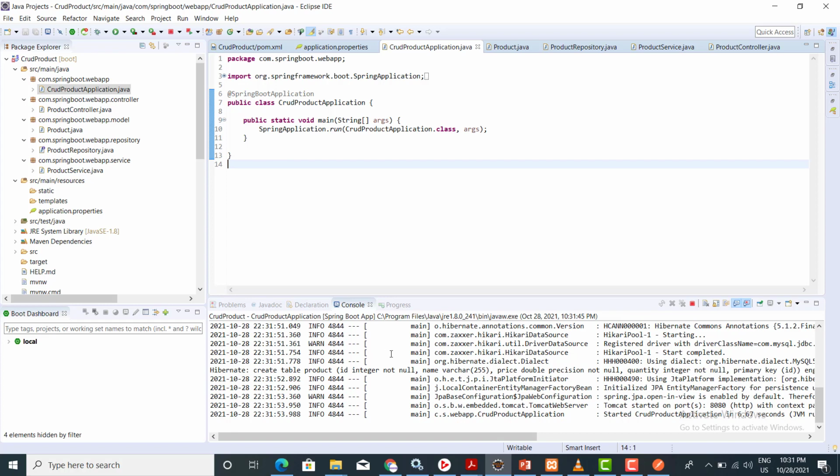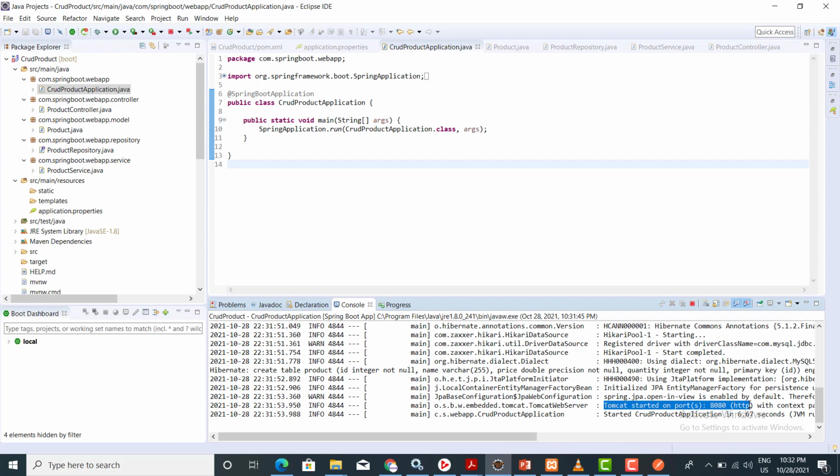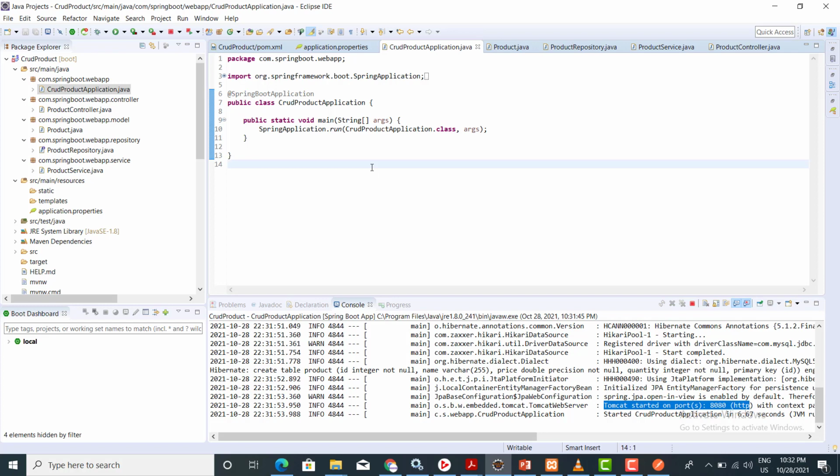Now when you run the application, you can see the Tomcat has started. The embedded Tomcat has a default port of 8080. Now we can test our API.